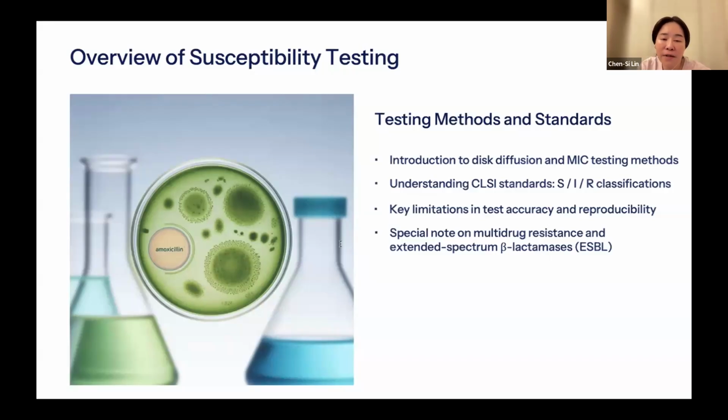Okay, so finally, a special note on multi-drug resistance and ESBLs. ESBL organisms can appear susceptible in standard testing, but behave differently in vivo, especially with cephalosporin. So this makes correct detection and